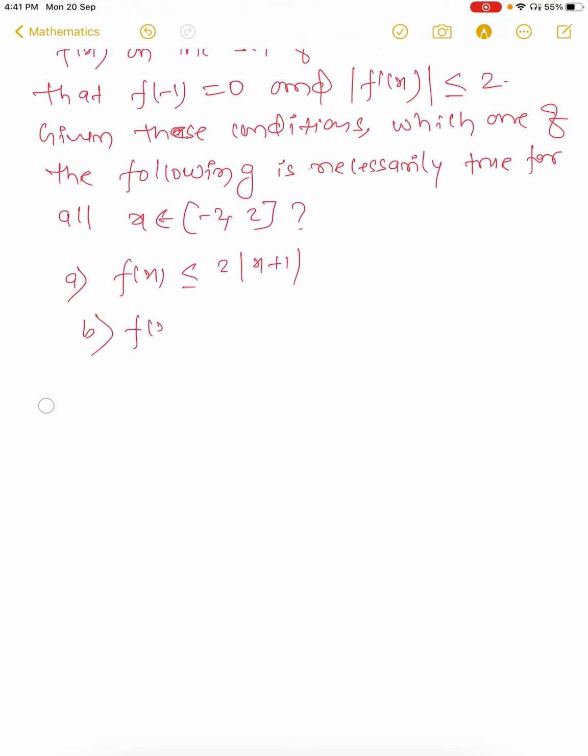B, f(x) less than or equal to half mod x. C, f(x) less than or equal to 2 mod x. D, f(x)...